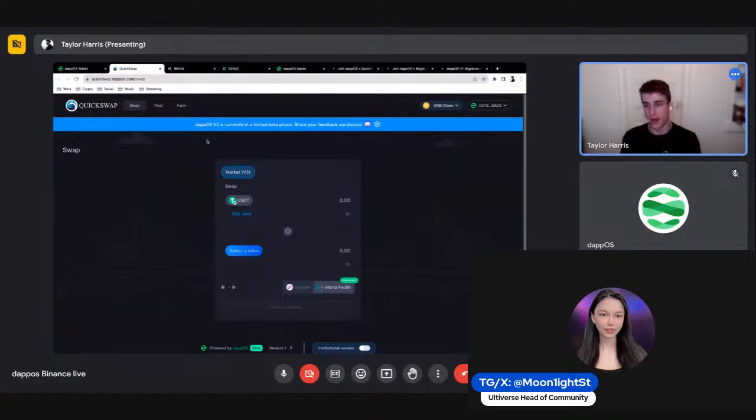In regards to collaboration, if it makes sense and the technology's there, that's how we go about it. And obviously teamwork is great. For example, we're good friends with people at QuickSwap, Banky, Stater, all of these partnerships that we have, and it makes sense. Everyone wants more users. Everyone wants to jump from Web 2 to Web 3, and one way to do that is by making the user experience easier, and that's where dappOS comes in. That's why dappOS is able to integrate with the dApps I've shown you, because we're giving them this good user interface.